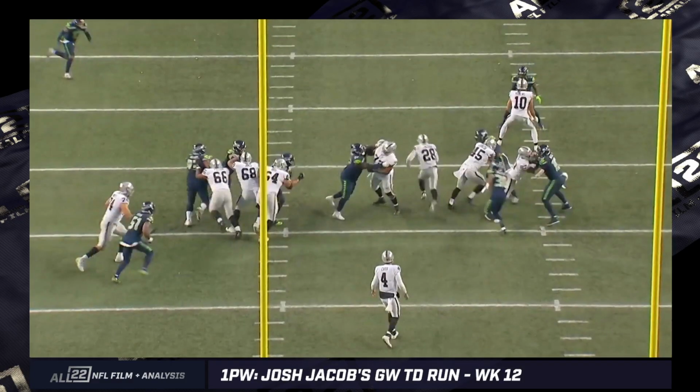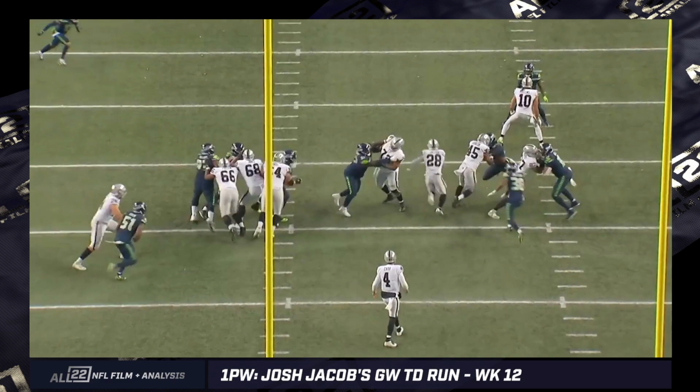Josh Jacobs, the Raiders deserve all the credit. I spent a lot of time talking about an NFL inside linebacker, the quality of which I've never been able to work with myself or clearly approach in terms of my own athletic ability. So meant no disrespect there, but am quite sure that